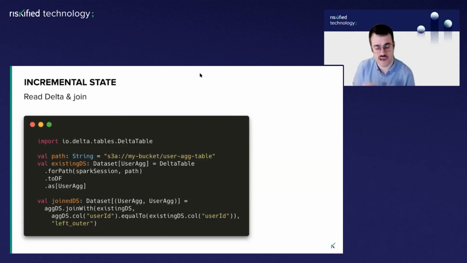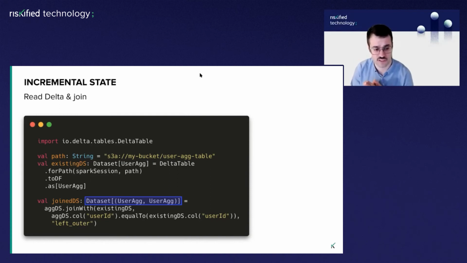because this is simply a data set of user agg. So we're back in Spark land. And I'm using the Spark API for joins on data sets, which is basically joinWith, and I'm joining it by user ID. And what we're getting back is a data set of tuple user agg and user agg. And this is key to understand where we're going next, because what we get from this expression is a data set where the left side represents the new hourly aggregation, and the right side represents the potential historical aggregation